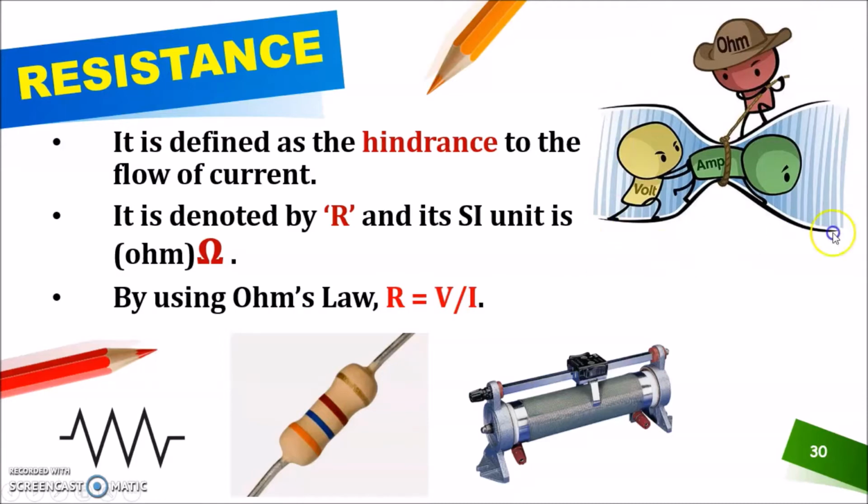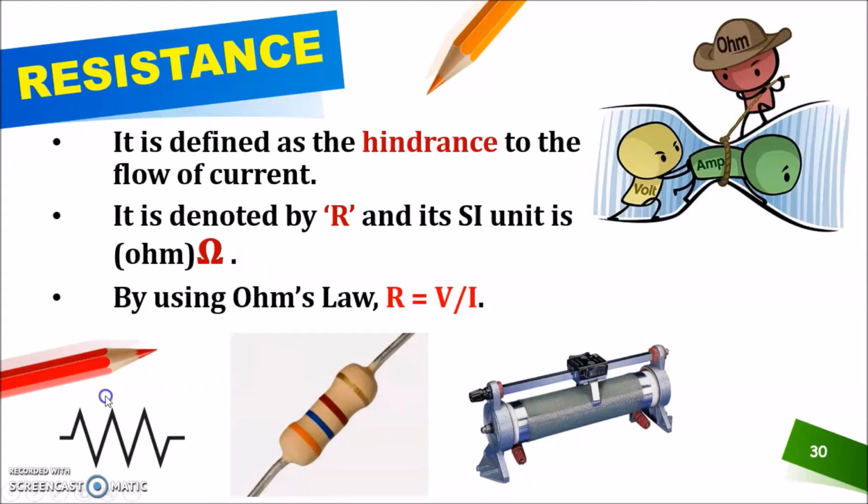Okay, this picture represents potential pushing the current in the forward direction, but resistance is blocking its path. So with the help of this representation, we will understand this concept in a very easy manner, that it is basically an opposing force or hindrance which opposes the motion of the flow of current or charge or electron. Is it clear, students?